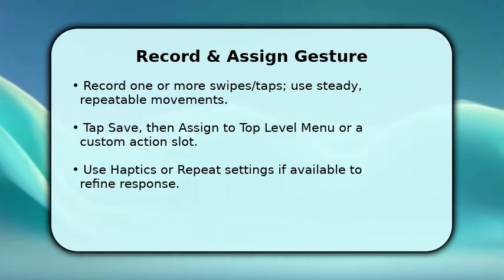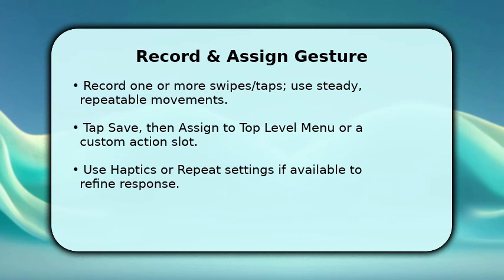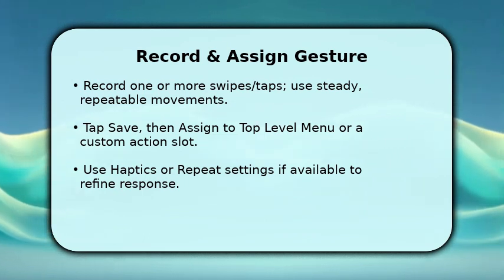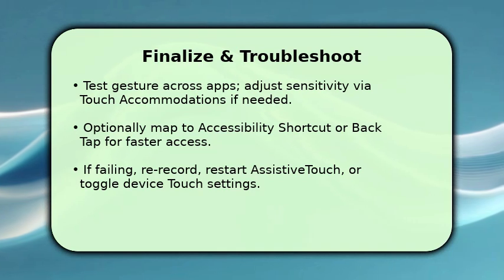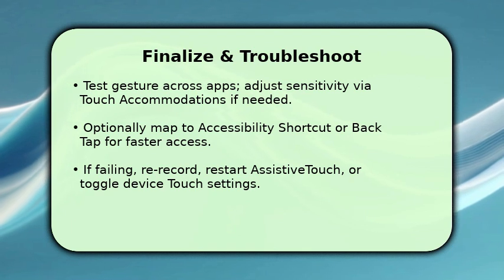You finish by testing and optionally mapping the gesture to shortcuts for instant use. This makes everyday access faster and consistent. Once done, try the gesture in multiple apps to confirm behavior and map it to back tap or the accessibility